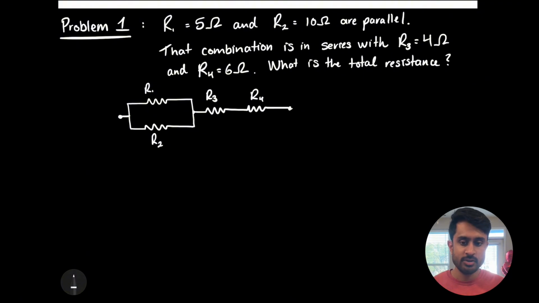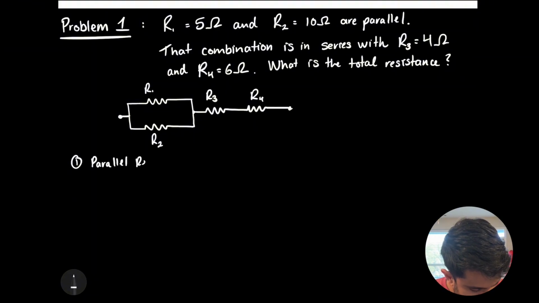In this case, our main strategy is going to be to, first of all, combine the parallel resistors. And the second thing is to add the parallel resistance that we calculated in step 1 to the series resistance R3 plus R4. So let's do specifically that. We can solve this problem in 2 quick steps. So we need to first calculate the